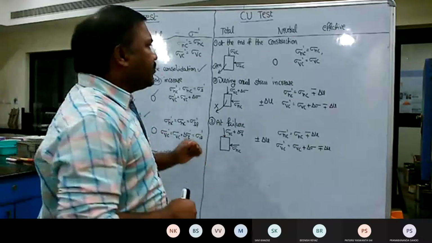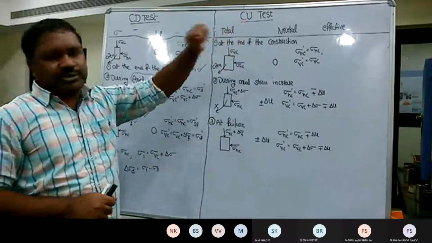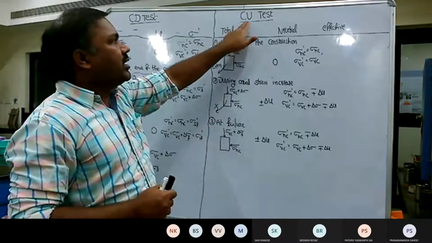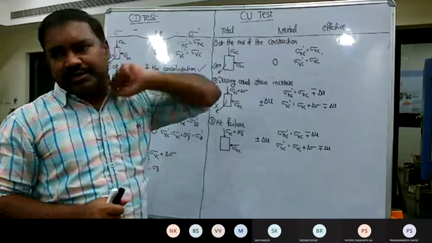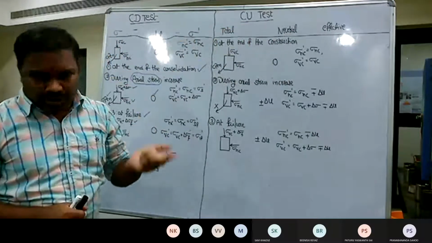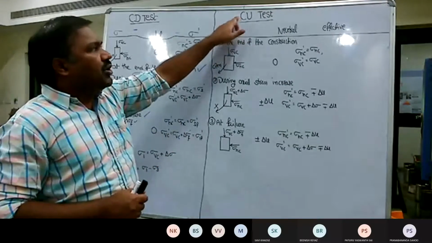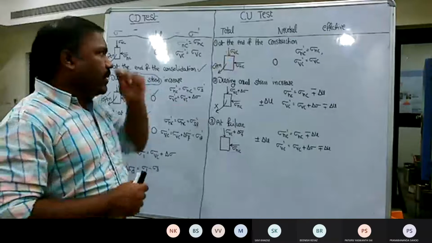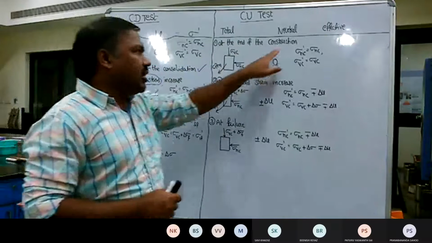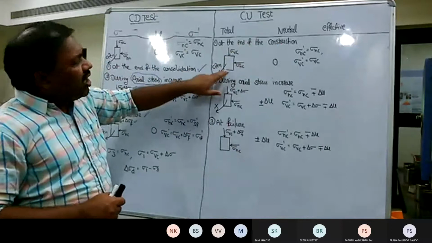Okay. So since you are asking, now let us go to another kind of triaxial testing, that is the CU test, otherwise known as consolidated undrained triaxial testing. If you look at the fundamental meaning of the CU test, there are two stages: the consolidation stage as well as the shear stage. During stage one, that is consolidation, at the end of the consolidation, the valve is open,